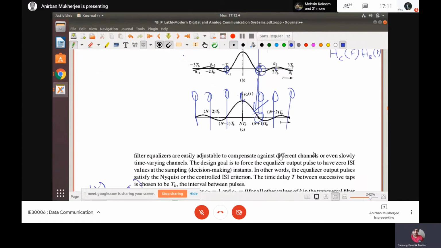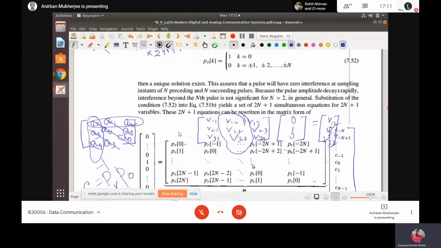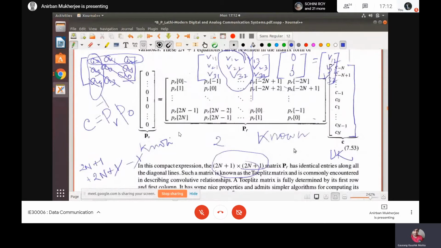That's why we say zero forcing: here we are forcing the zeros at these points. That means we are designing a filter so that input is this one, output is this. It's a linear filter, and in the last class we discussed that it is a Toeplitz structure, and finally we got C, of length 2N plus 1, equal to PR inverse P0, and as we generally don't do this inverse directly, as it is a Toeplitz structure,